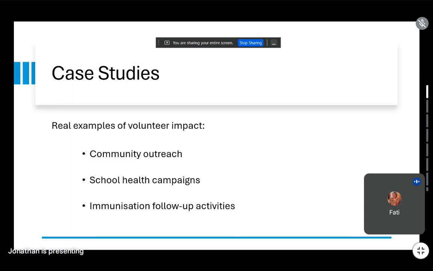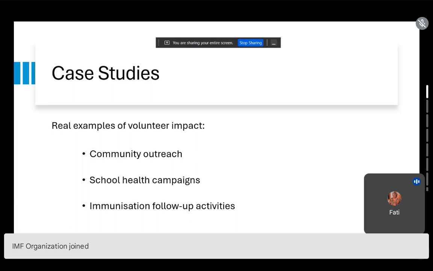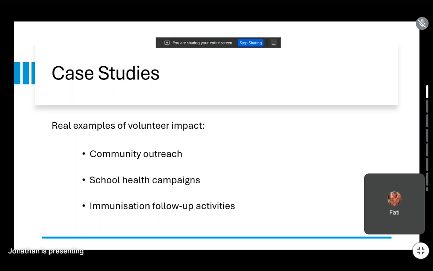These examples remind us that public health succeeds when communities are involved. Public health succeeds when communities are involved. All right, let's look at some practical steps